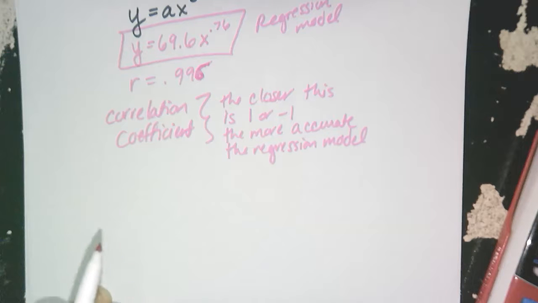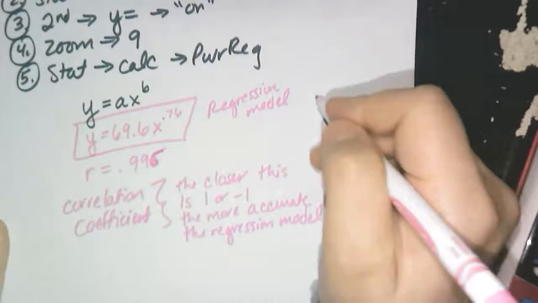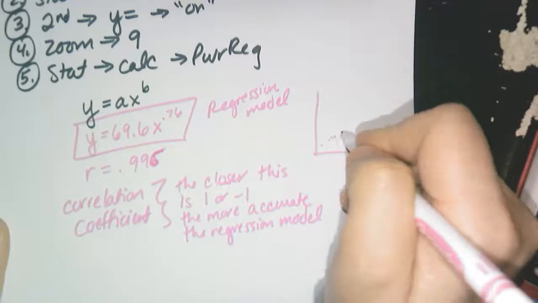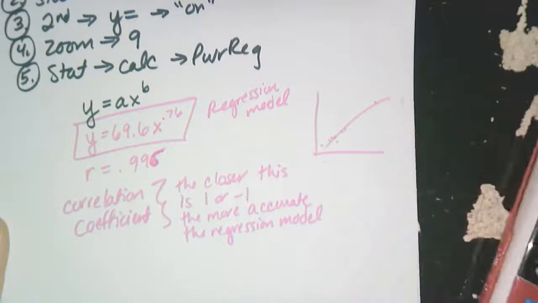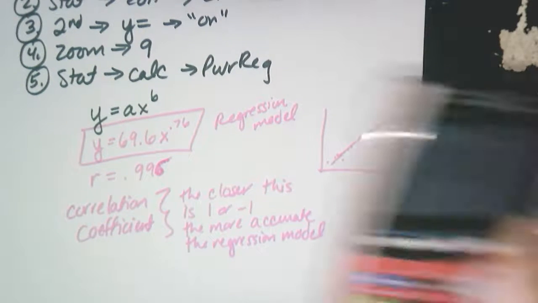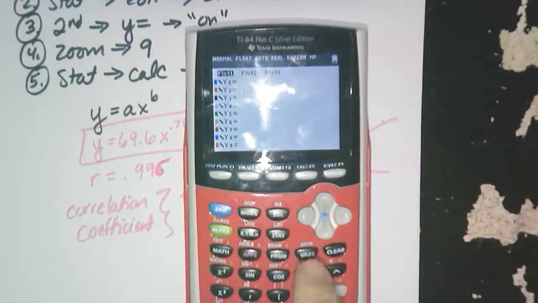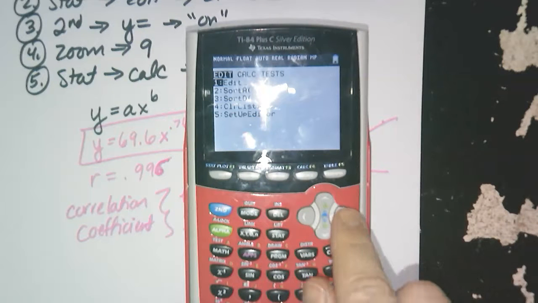So they're going to ask you on homework tonight, what was the R value? What was the correlation coefficient? Okay. And that's all you'd have to do. You might have to just kind of sketch the graph. You know, mine looked like it was here and then there was one over here. There will be ways, I will show you how to actually input that regression model into the calculator. But if I remember correctly, actually,